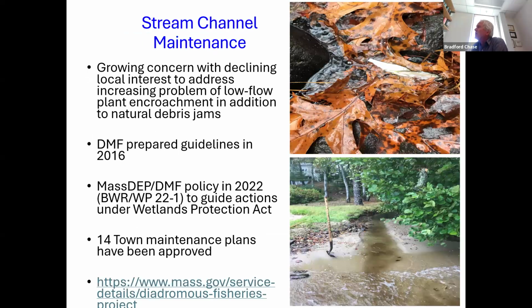We also have a new policy that was produced by DP and DMF working together on stream maintenance. And I just wanted to highlight that because it's never been more important now that we're seeing lower flows. We're in a drought presently. When you have low flows, you have the propensity for these rivers to accumulate debris, as well as to have vegetation grow into the channels and obstruct fish passage. So this new policy is a tool to help us do more stream maintenance